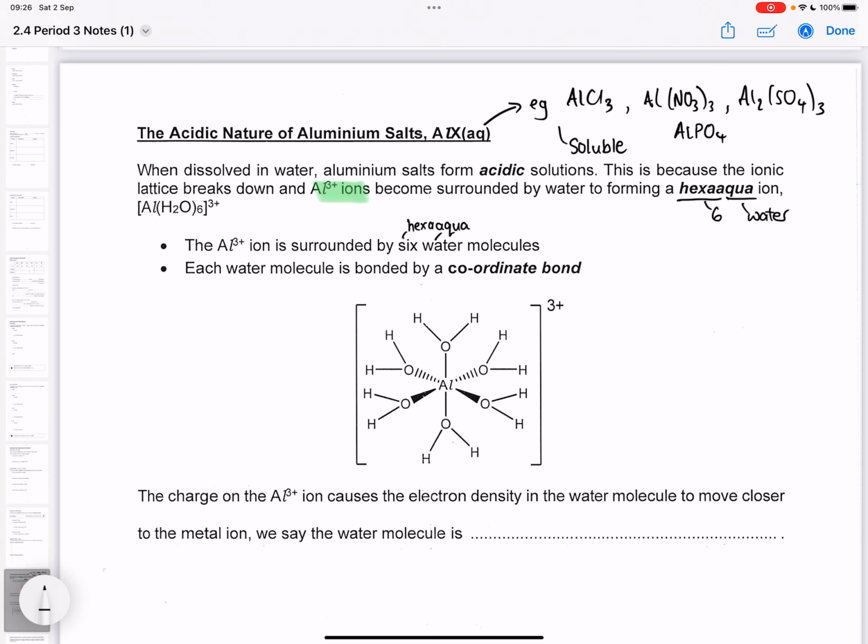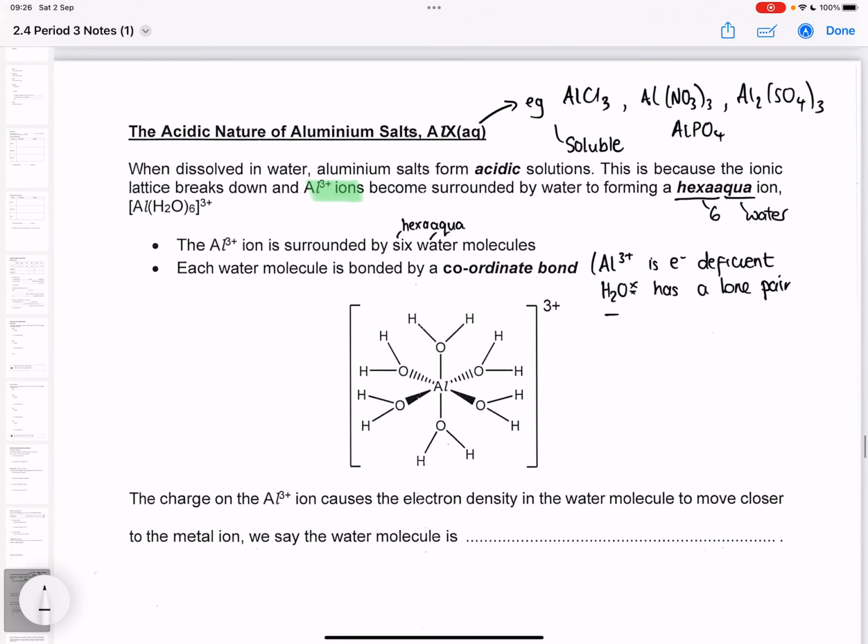And each water molecule is bonded by a coordinate bond, because remember that the aluminium Al3+ is electron deficient. It's got 3 fewer electrons than protons, so it's electron deficient. And water has a lone pair on the oxygen. So both of the shared pair are going to come from the oxygen. And that's the definition of a coordinate bond. And remember that we can draw coordinate bonds as arrows. So if we wanted to, we could draw arrowheads pointing towards aluminium, because oxygen had the electrons and aluminium was